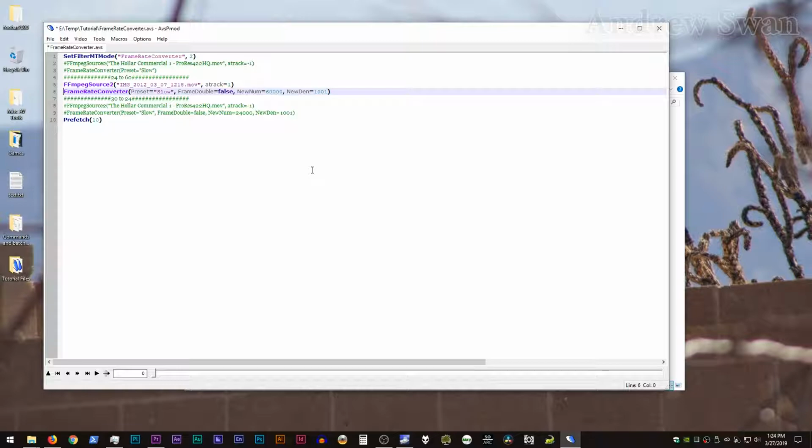Now, this is actually the same way that FFmpeg derives frame rates as well. So it's pretty close to the same terminology. So if you already know what that is for FFmpeg, then you can just translate it over to here. In this case, numerator is the number on top, denominator is the number on the bottom of a division. So in this case, we're taking 60,000 and dividing it by 1001, which gives us 59.94. Okay, so if we load that up,